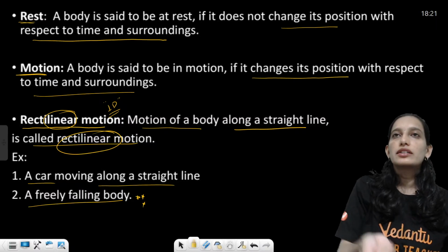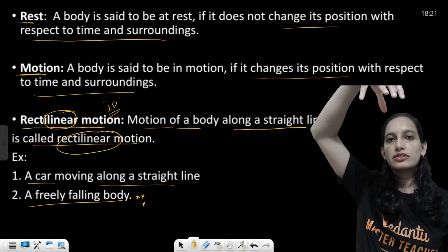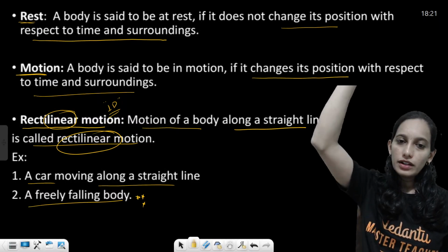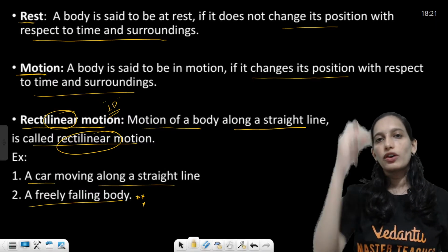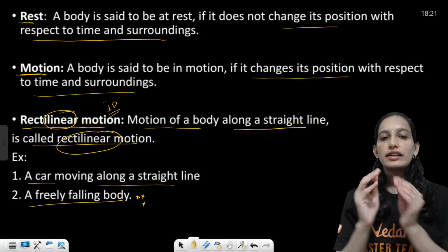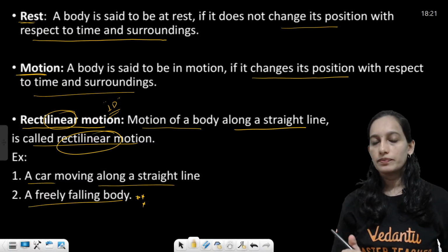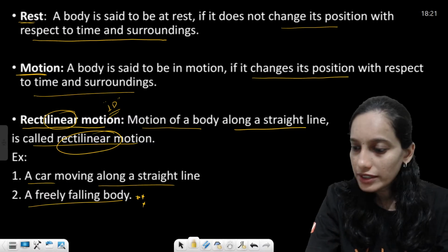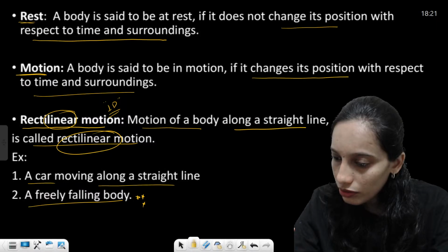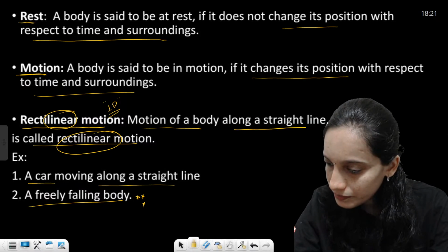The other one, the best real-time example, is a freely falling body. Just imagine that you are dropping a stone or a ball from some height. Enagattavaga, it just falls in a vertical line, right? It just falls down. So that is a definite real-time example of motion in one dimension. Okay, is that clear? Shall we move ahead? Hope all of you are with me in following this session.